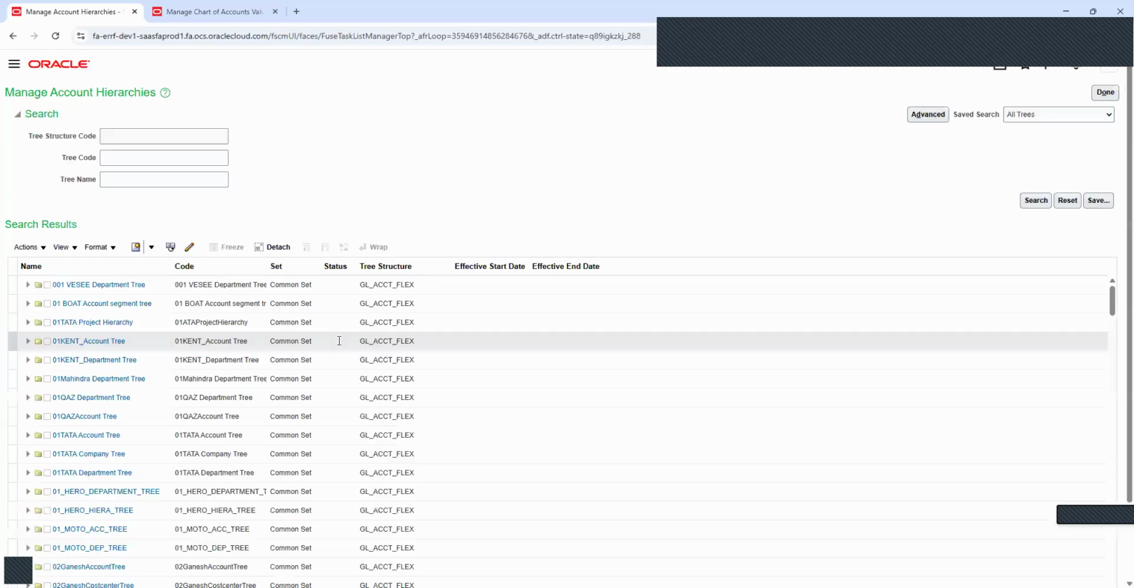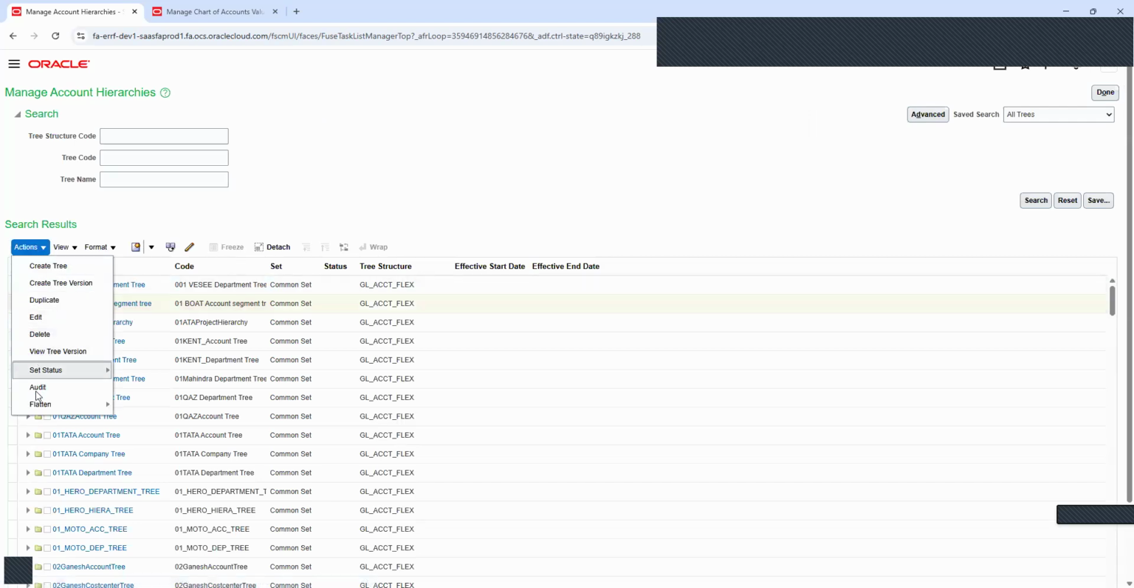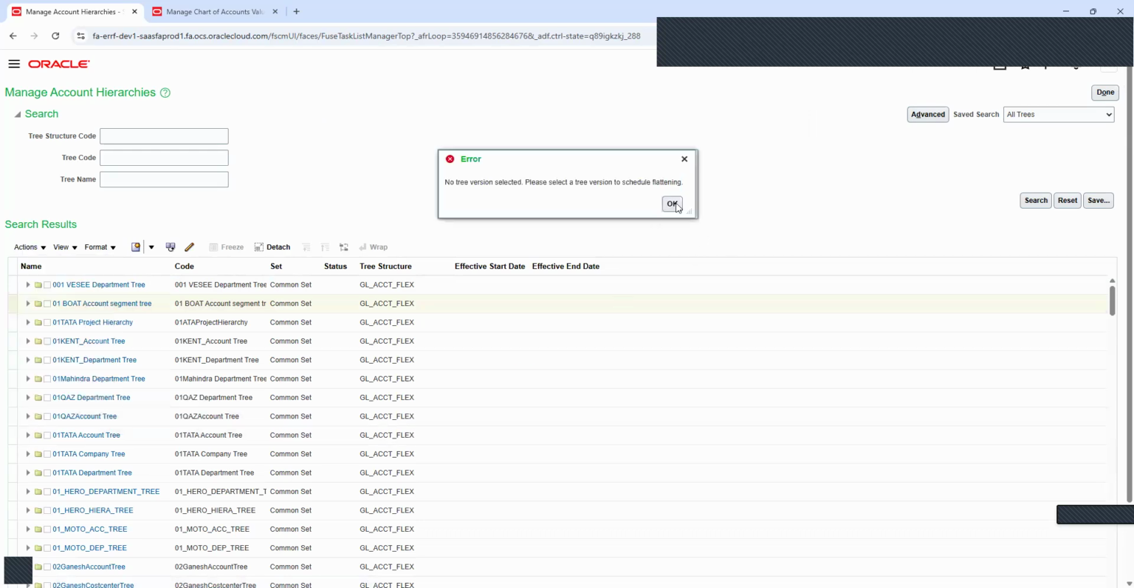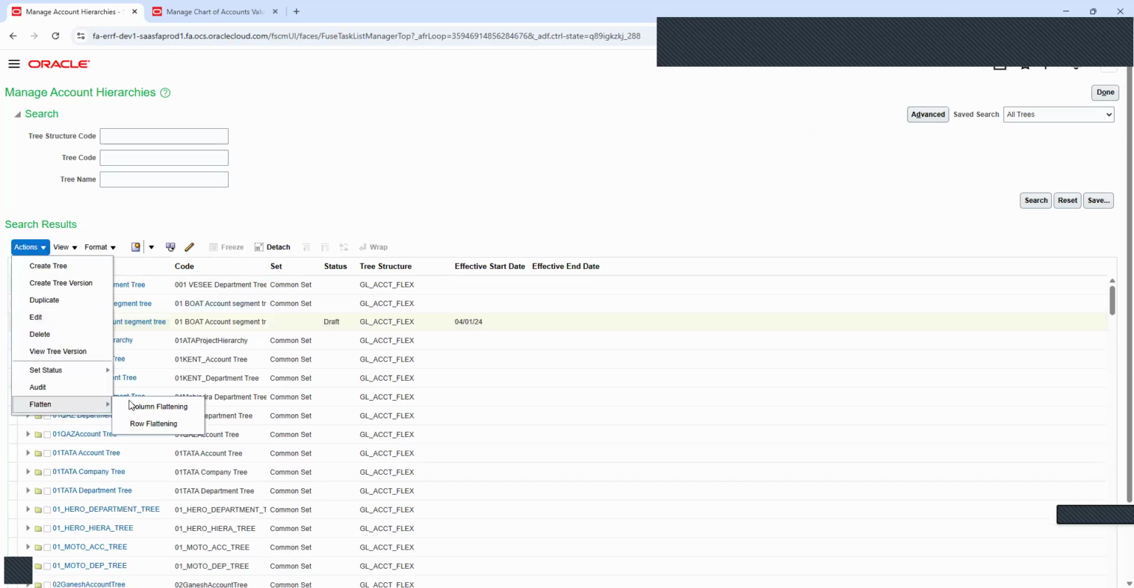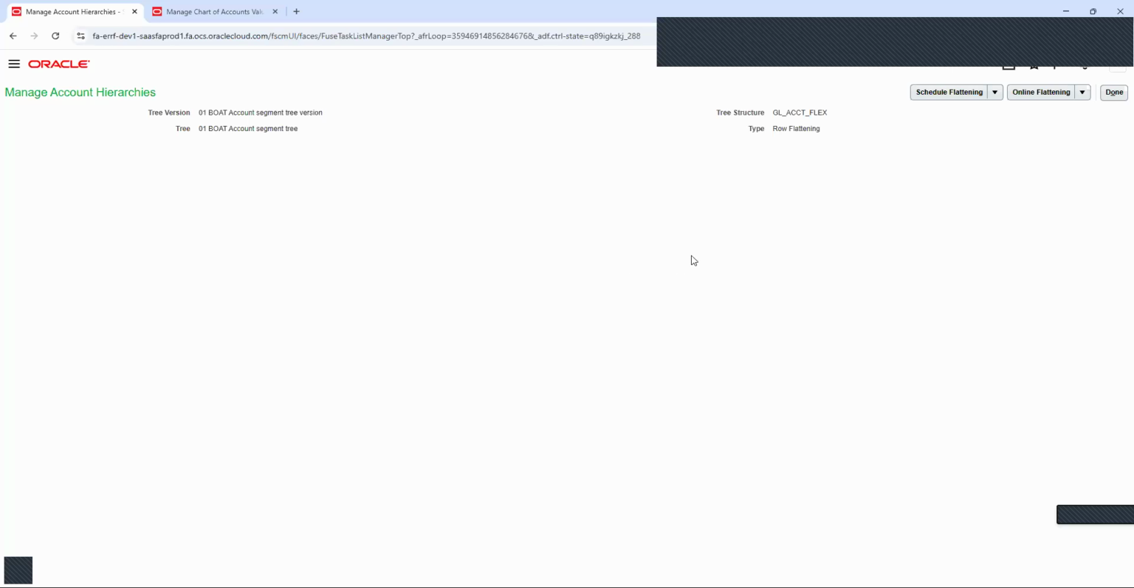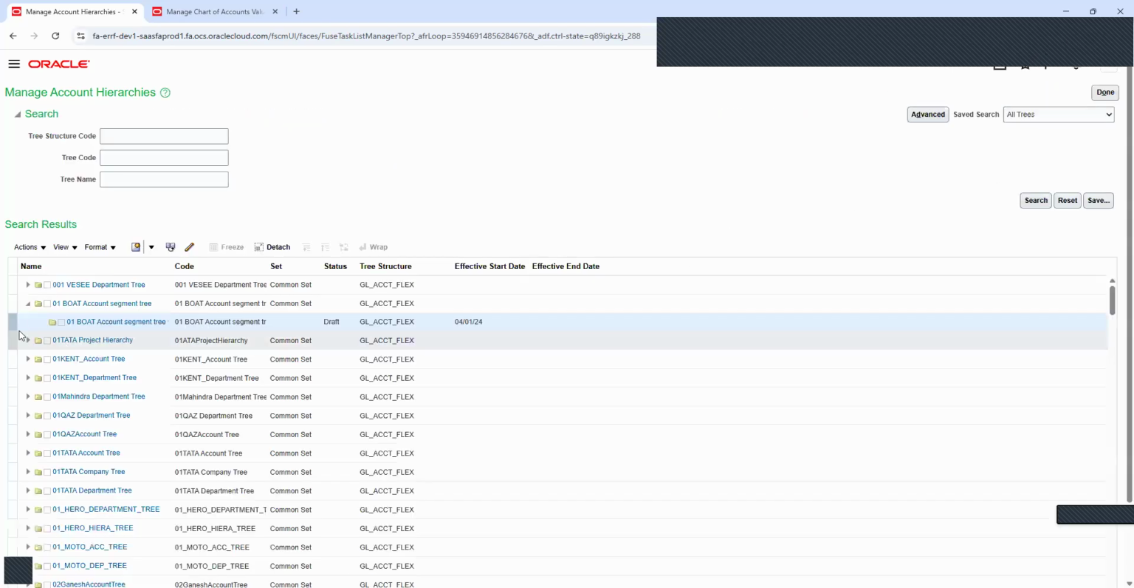Click on done. Similarly, we have to run it for column flattening, and again in the online mode. Once it's completed,